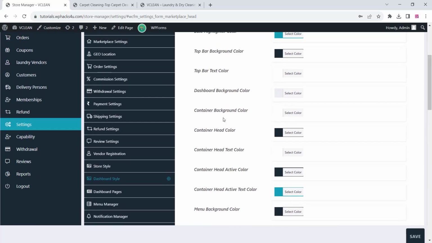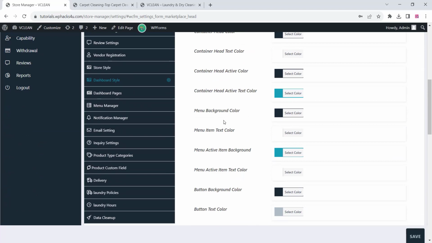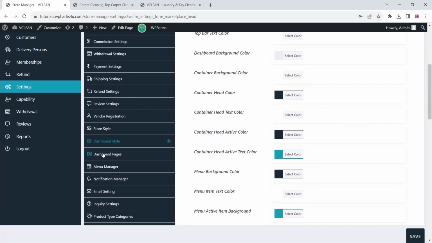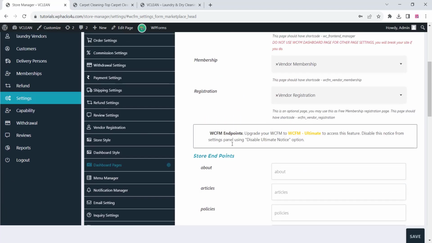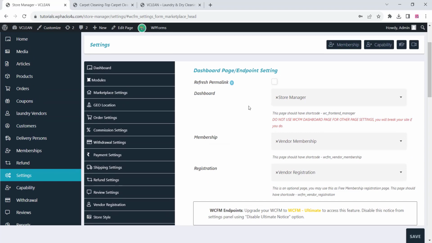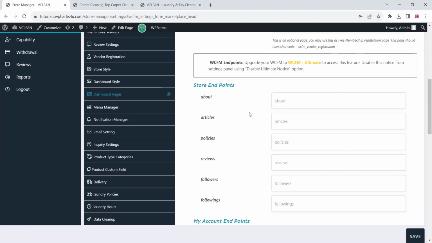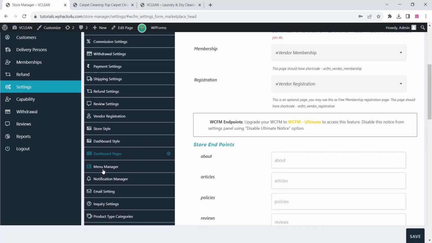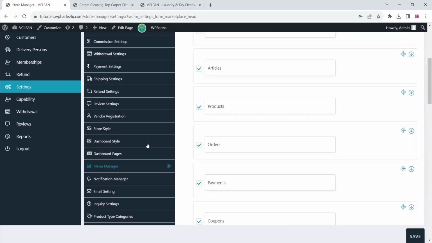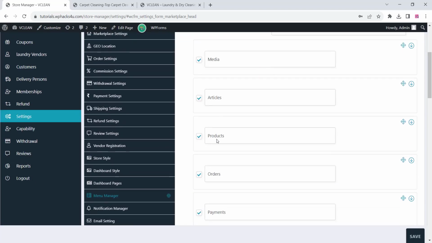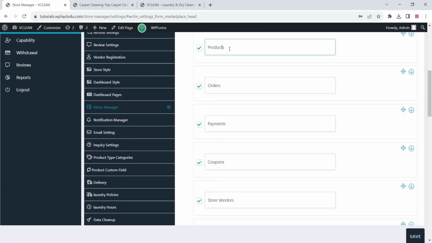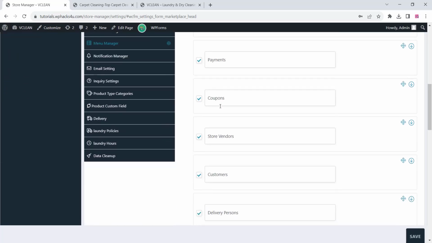And all the basic dashboard styles can be managed here. Dashboard pages, you don't need to change these things because it's default, everything is working. If you change, sometimes it may not work. So you can go to the next option,